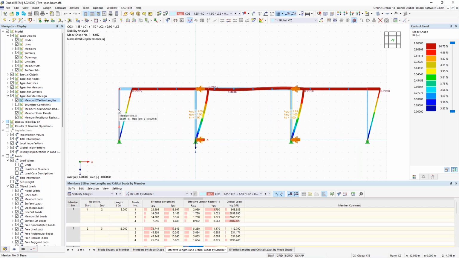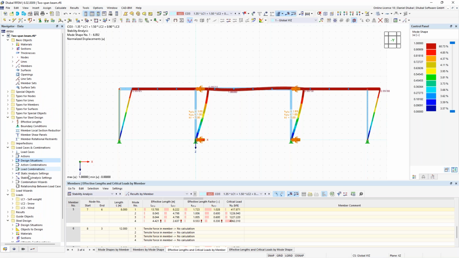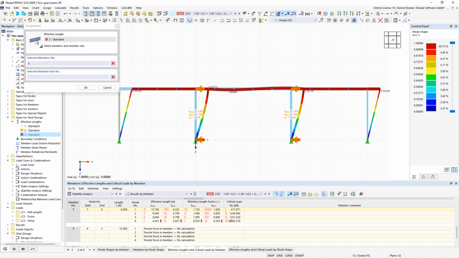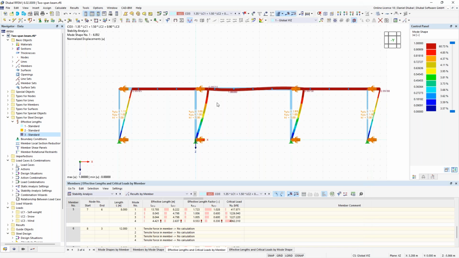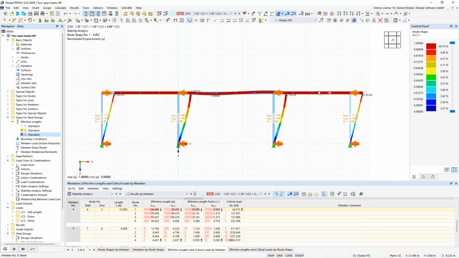And for those things, we have now here another where we do effective length here, the third one. Now let's edit it, assign it to this one and also to this one. Okay. And the last one is here, the upper beam. Yeah, the upper beam. And for that, we do the same one. So